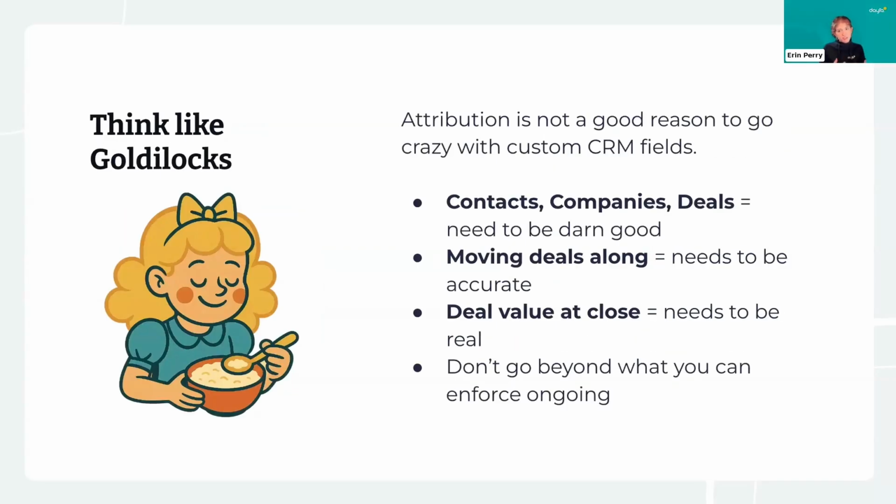Again, simpler is generally better because when it comes to salespeople entering things into CRM, your level of compliance is in direct opposition to your level of complexity. So it's really important to get the basics right and not go nuts with the rest of it. Contacts, companies, deals. These have to be clean. One contact per human, deals tied to correct humans, and don't go crazy with the parent-child companies if you can help it. Your deals need to move through the pipeline in real time, not all at once when you close the deal.